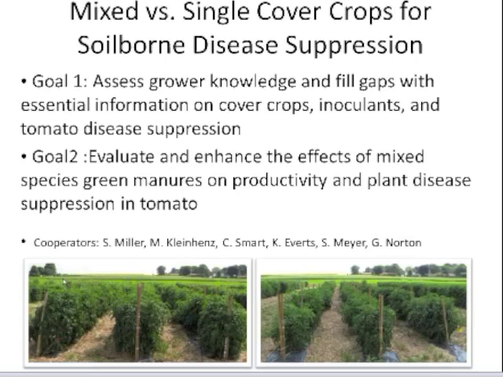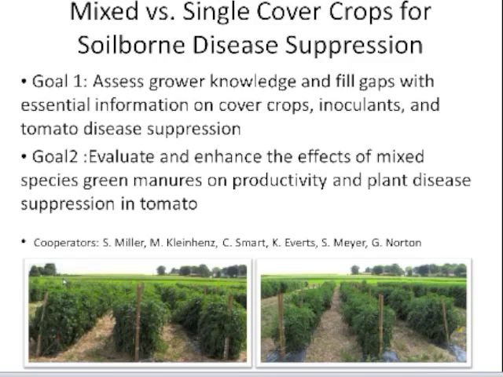So the next study that I want to discuss deals with the hypothesis that mixed species cover crops provide greater disease suppression than single cover crops. And this hypothesis was developed in response to our observation that the use of organic field vegetables in a standard rotation, but still planted in monoculture, did not give us the same degree of suppressiveness as the mixed hay cover